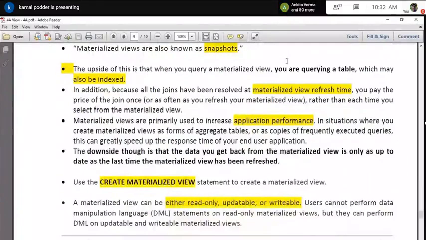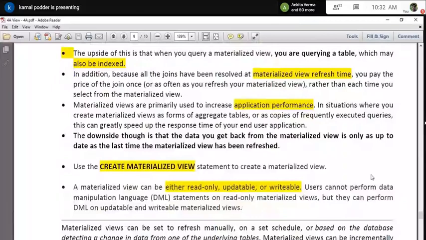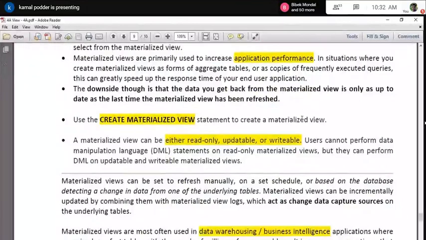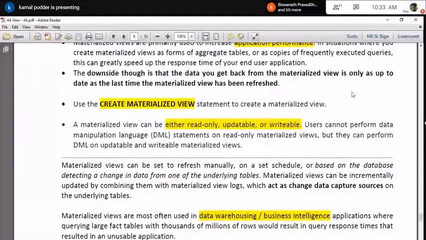Another beauty is that as you are running the view on huge data, the result set might be very huge also, and to access it you might need indexing for performance purposes. That is also possible because it is nothing but another table. So you can create an appropriate index so that subsequent access of that data is much faster than the normal view. I hope that once you read this, you will understand everything.